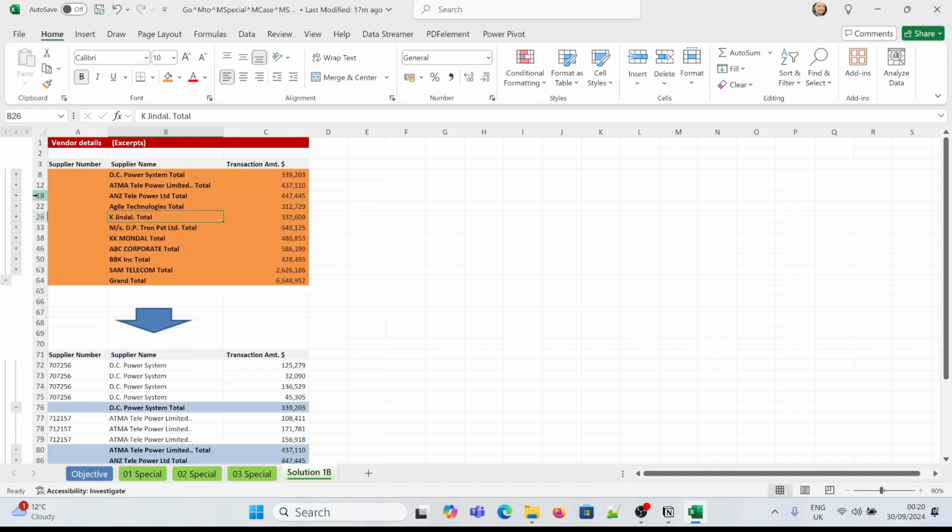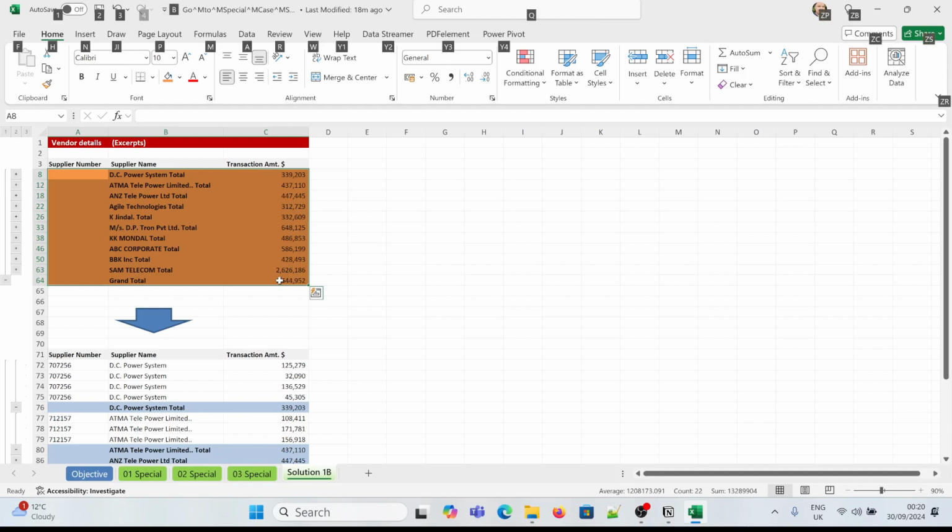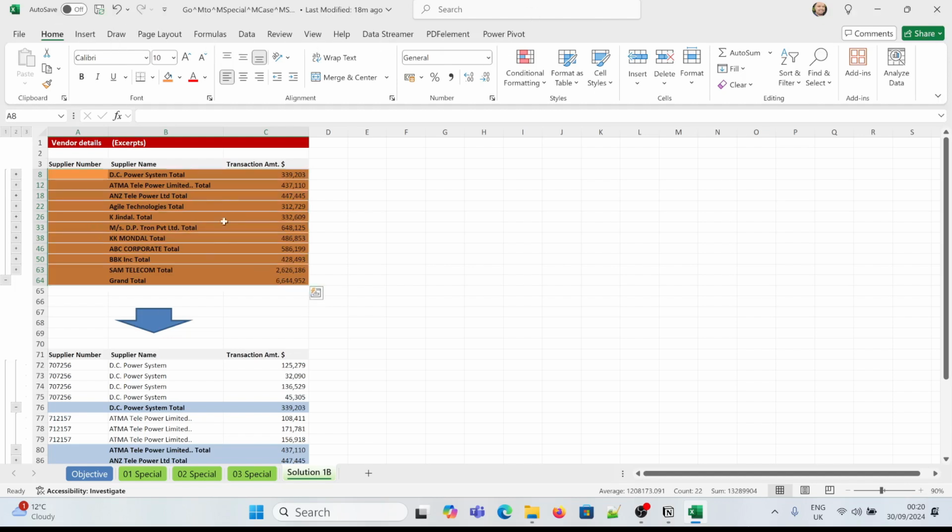There's a shortcut to select these visible cells. You can just say Alt semicolon, that selects only the visible cells. Shortcut. So there's a quick video to show you how you can clean data or manipulate data